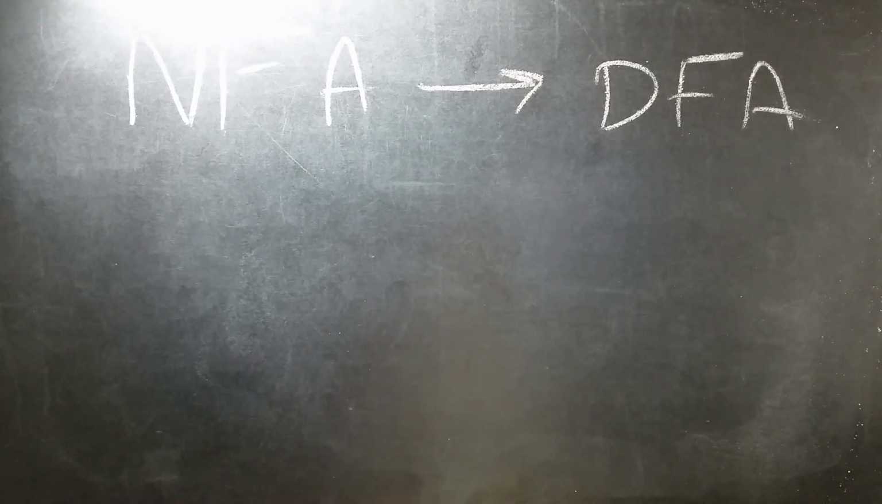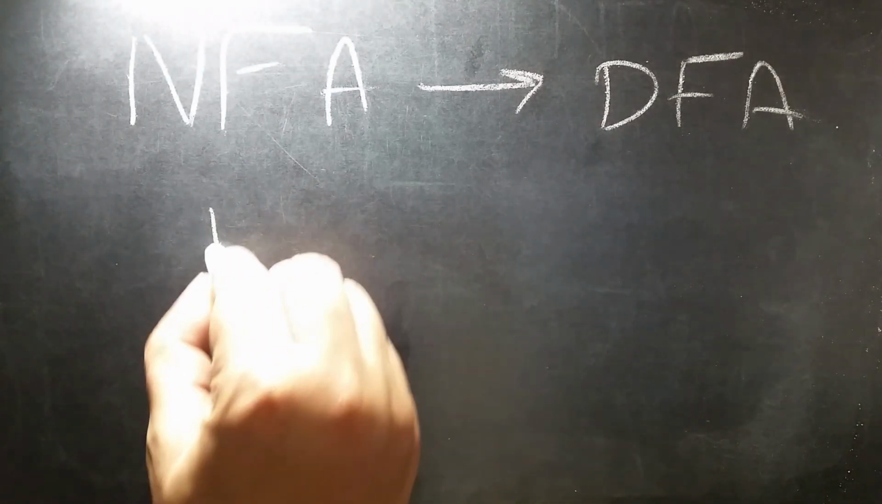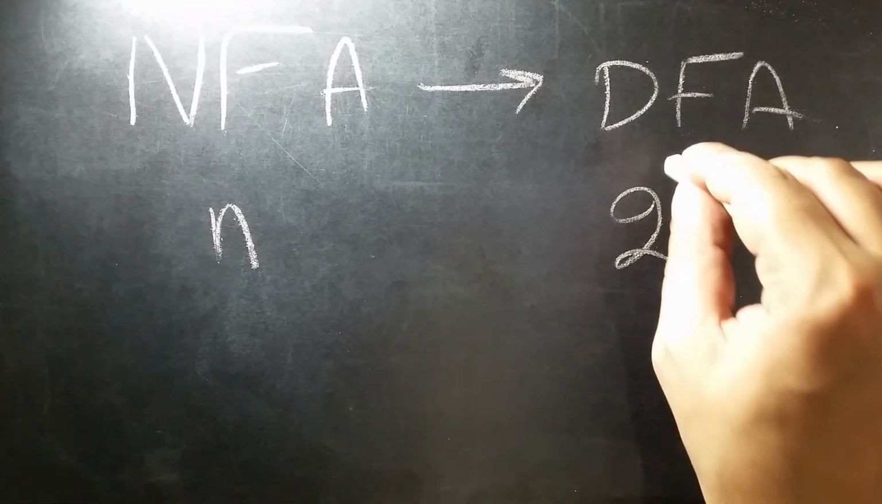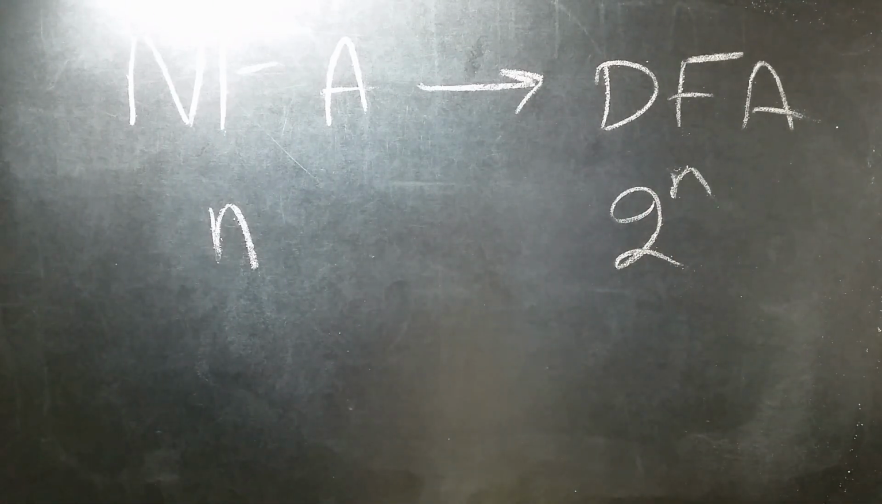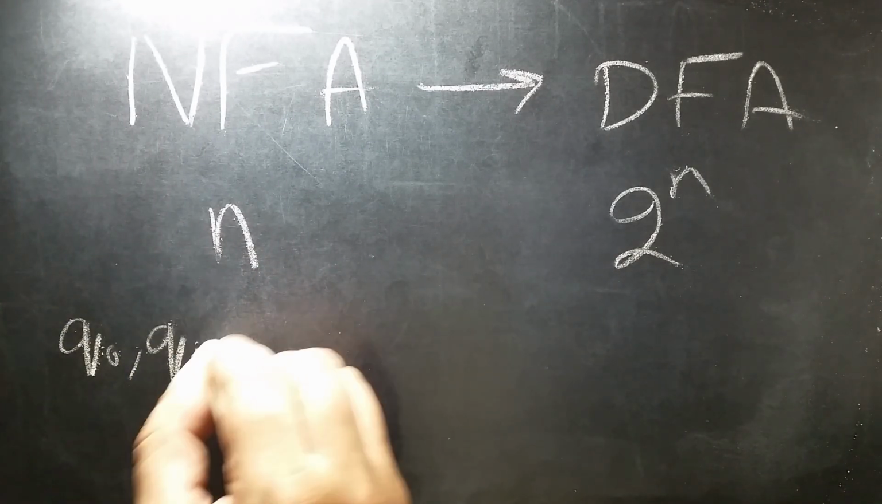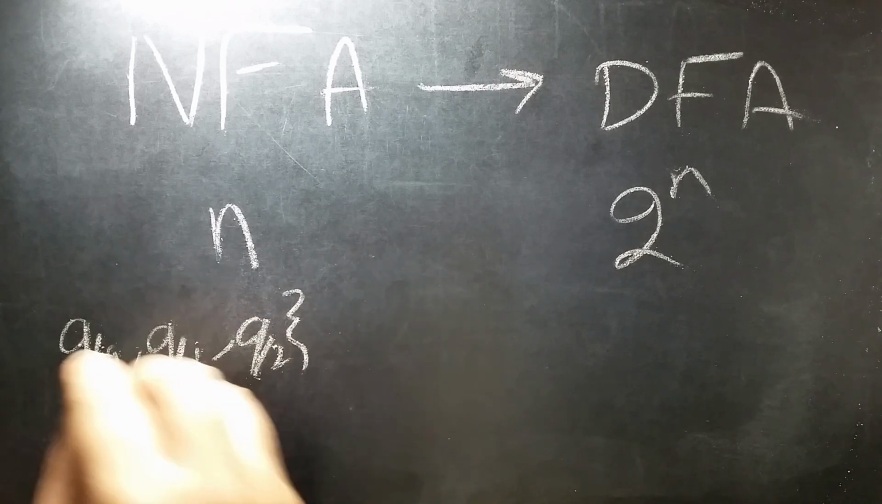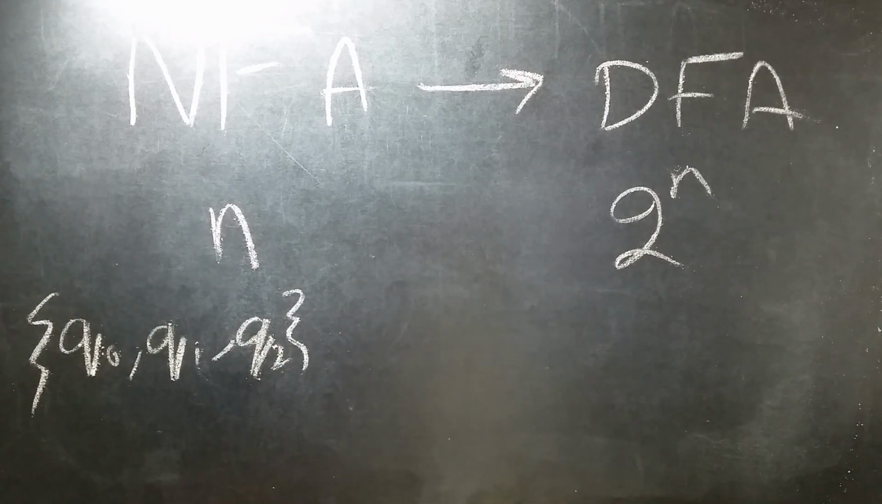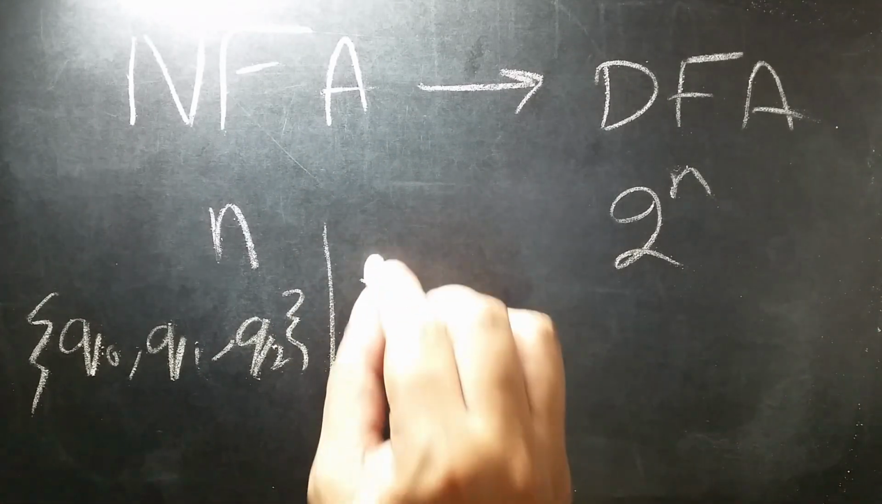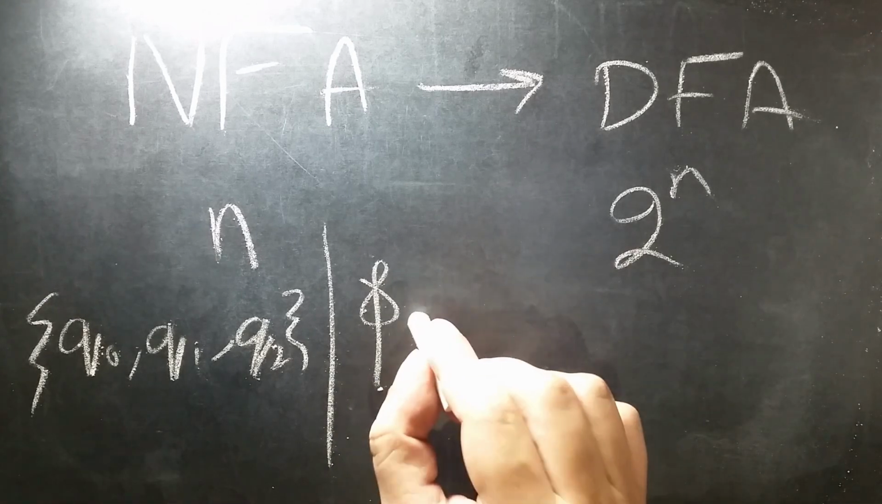In conversion from NFA to DFA, if the NFA has n states, then the corresponding DFA will have 2 to the power n states. If NFA has 3 states, which are Q0, Q1, Q2, then the DFA will have 2 to the power 3, which are 8 states, which would be phi or empty state,